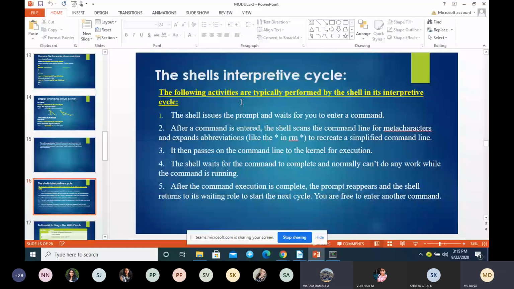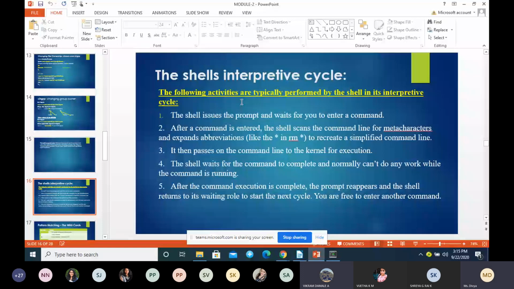Similarly, when I'm executing a command, we use a terminal to execute it. As a user, we give different commands, and they are given to the shell. The shell will accept that command, take the help of the kernel, execute it, and give the output to the user.